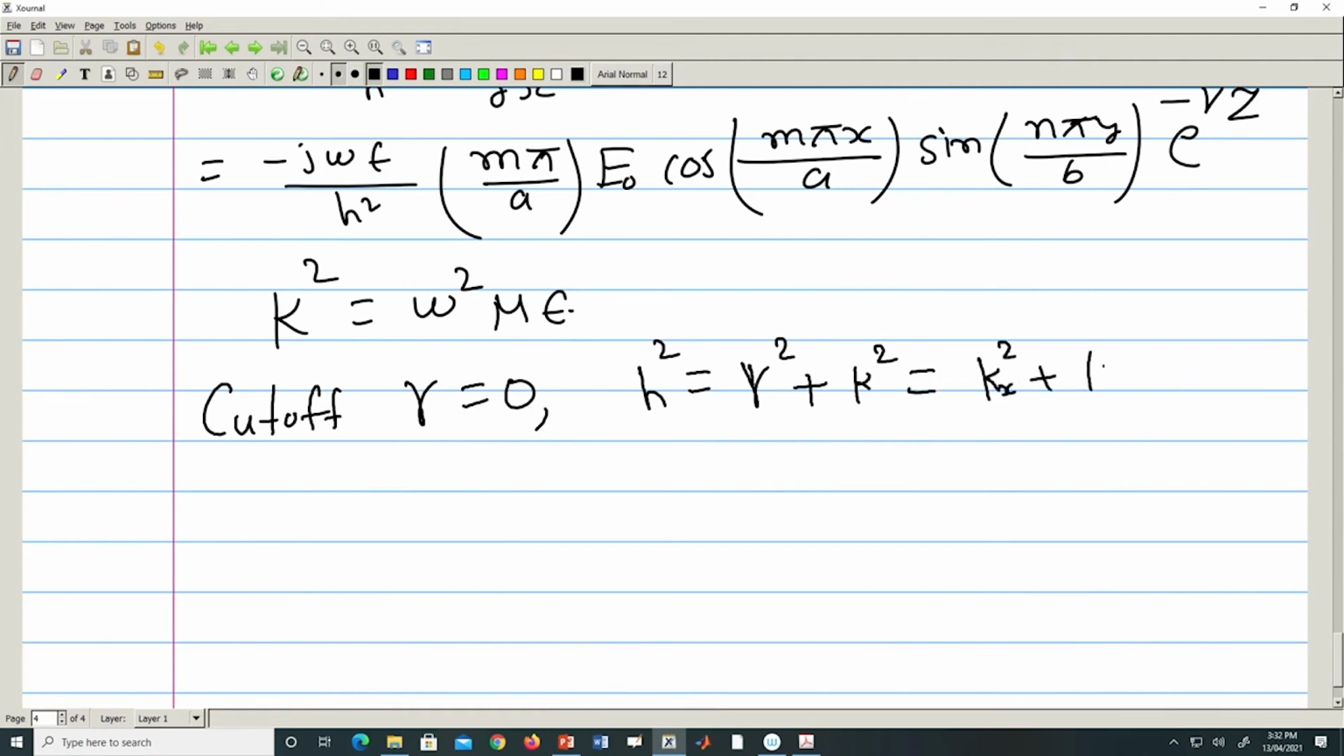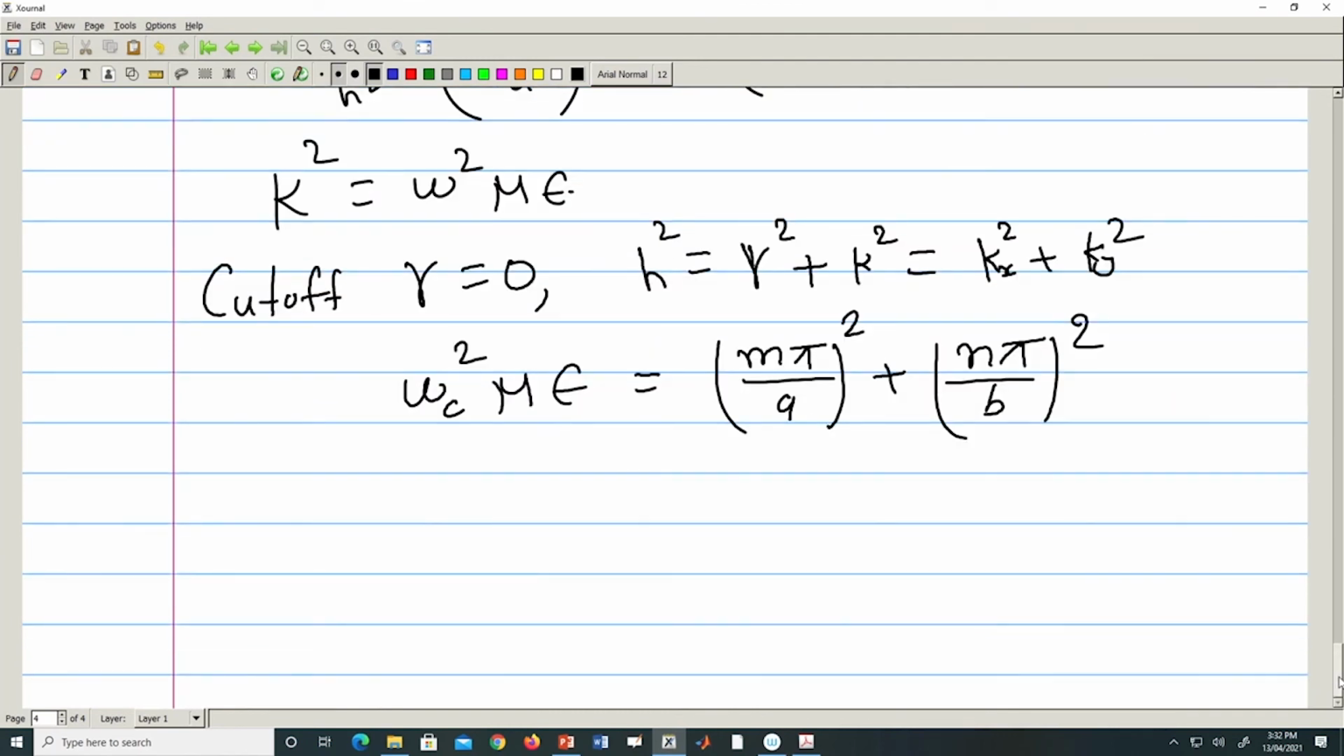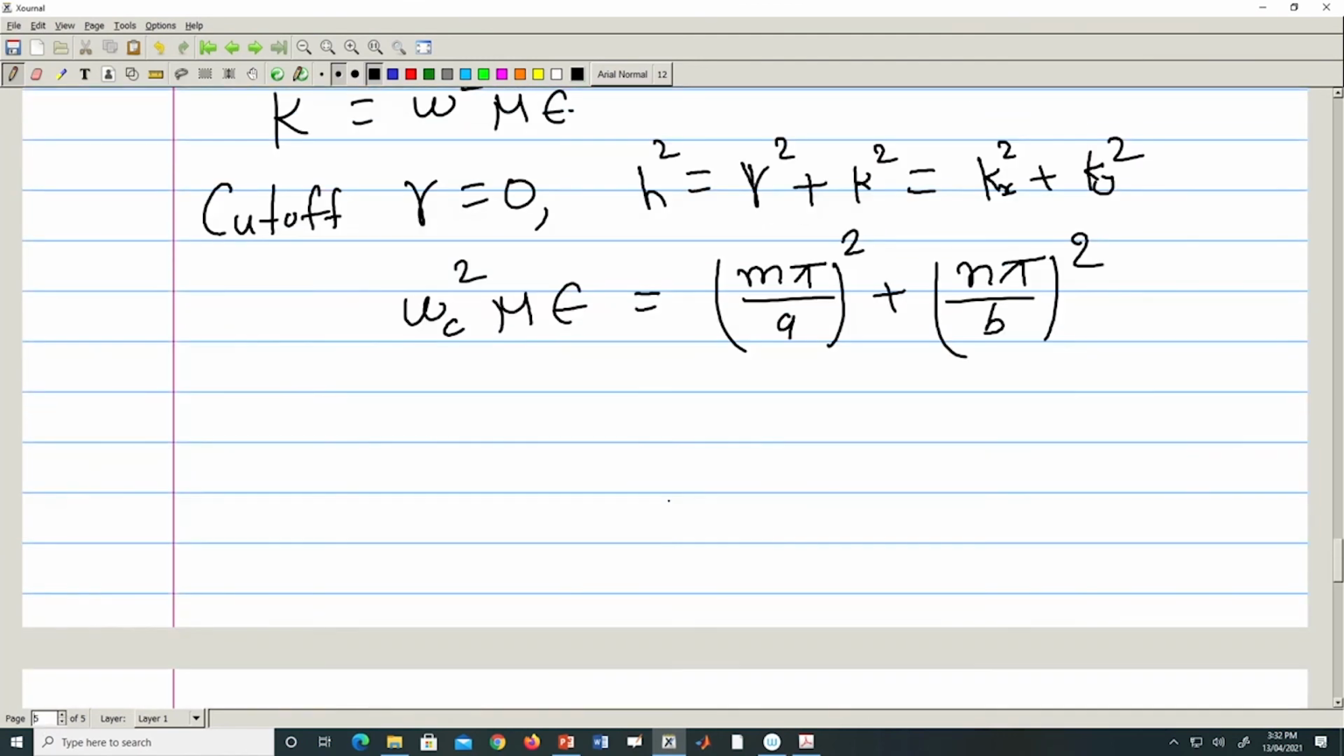From this, omega c whole square mu epsilon equals m pi by a whole square plus n pi by b whole square. From this we will get the cutoff frequency. So omega c will be 1 by square root of mu epsilon, times square root of m pi by a whole square plus n pi by b whole square. So this is the condition for the cutoff frequency,